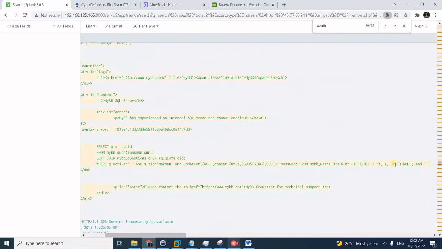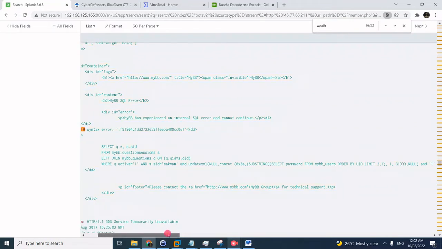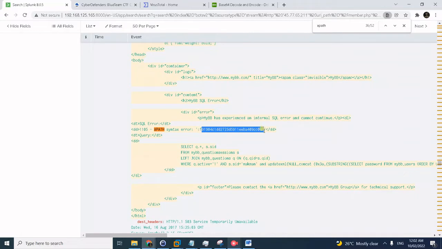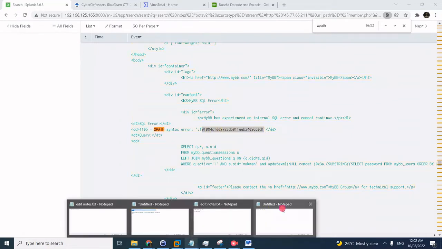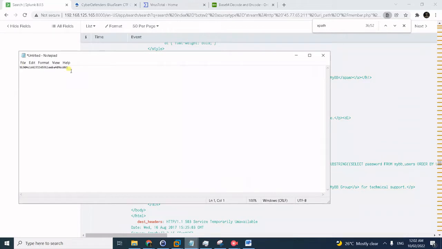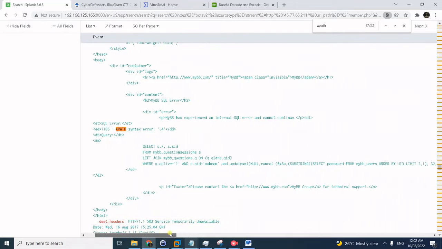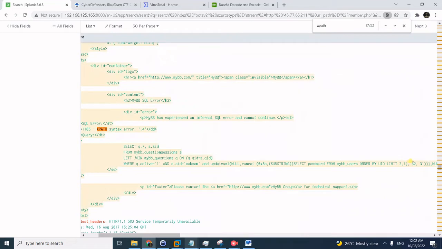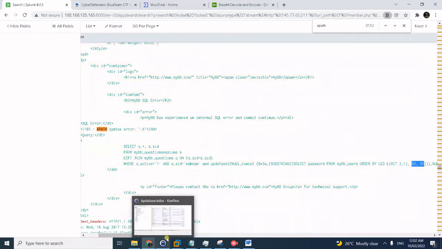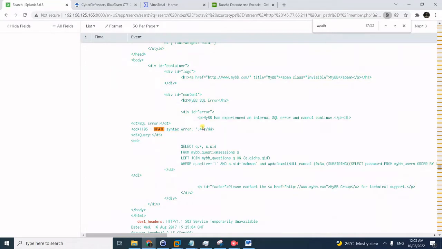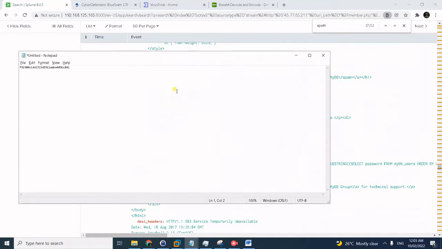But the thing is, as you can see here, the query only fetches the 31 characters. So let's save this for now. Oh, I forgot the first. If we iterate this further, we can see that the SQL fetches the 32nd character of the hash on the next iteration, which is the number 4 rather. So the complete hash is,